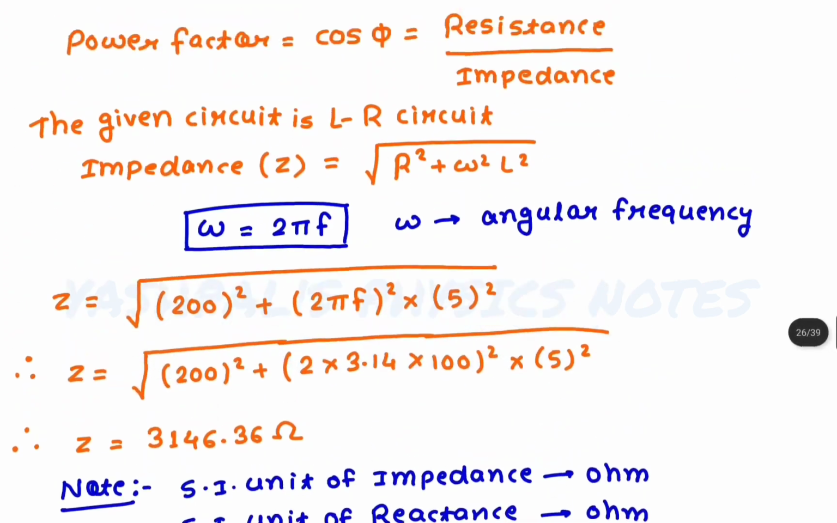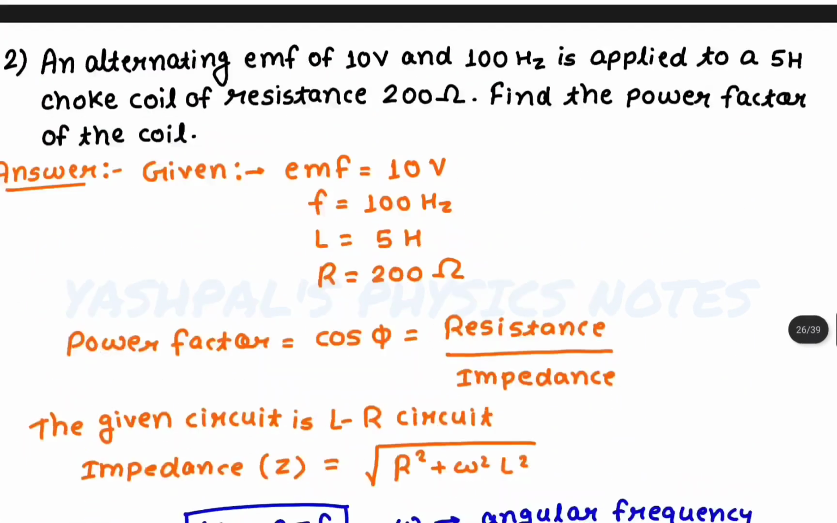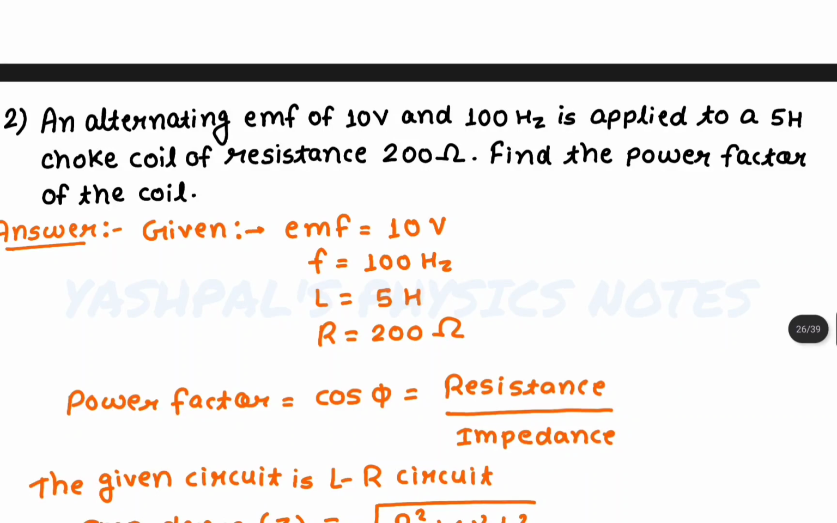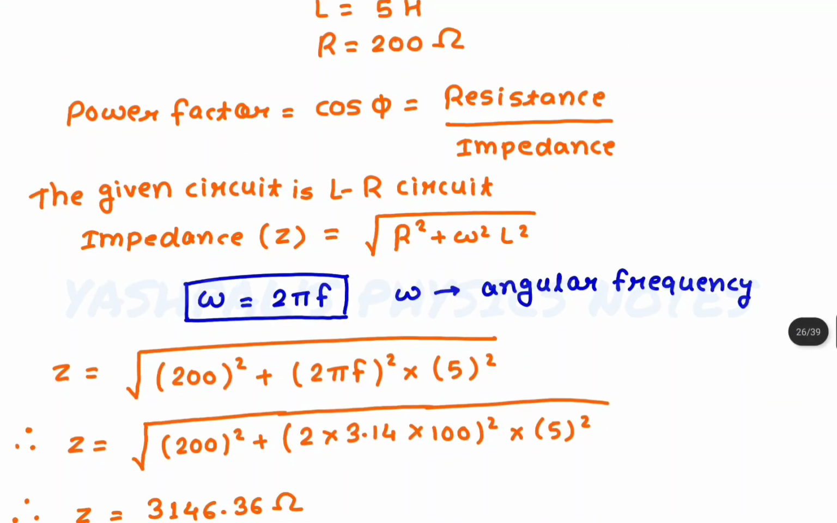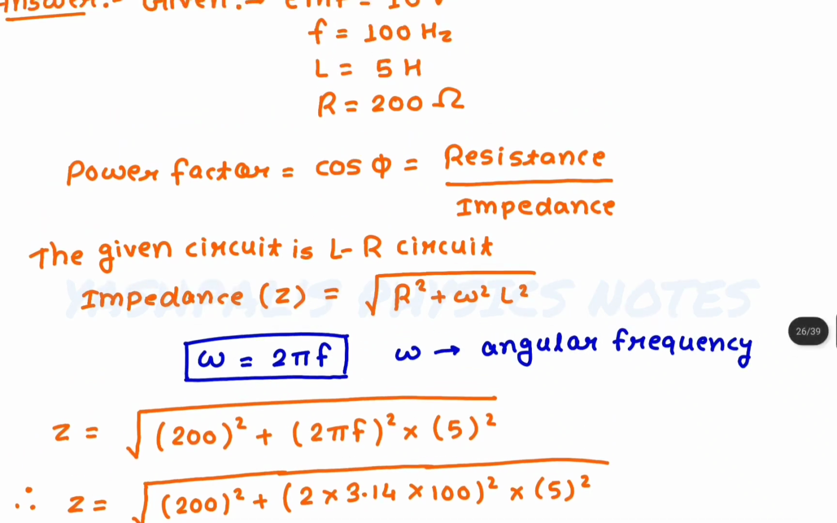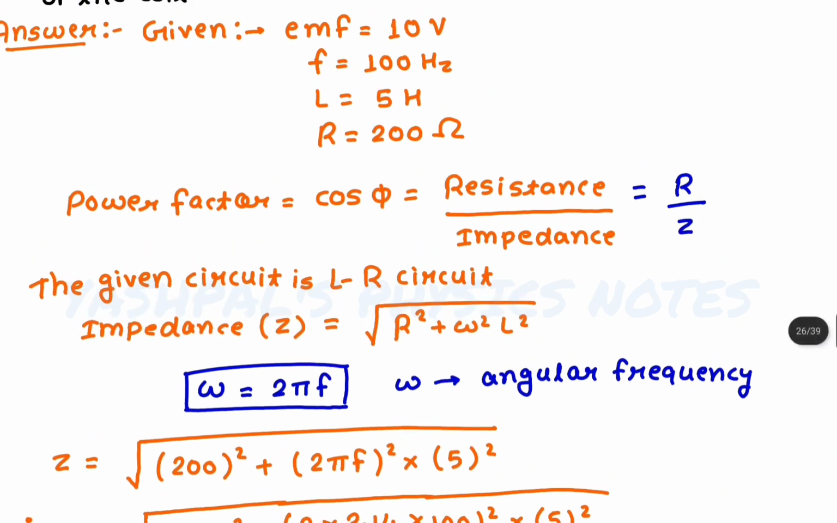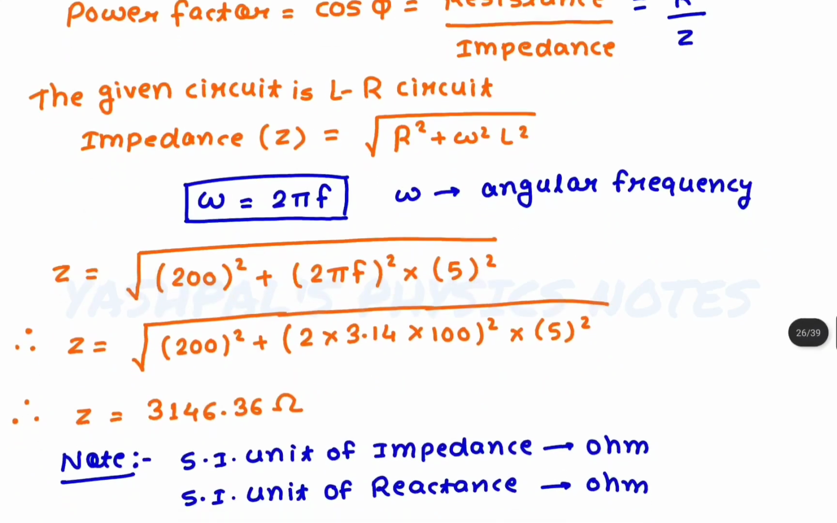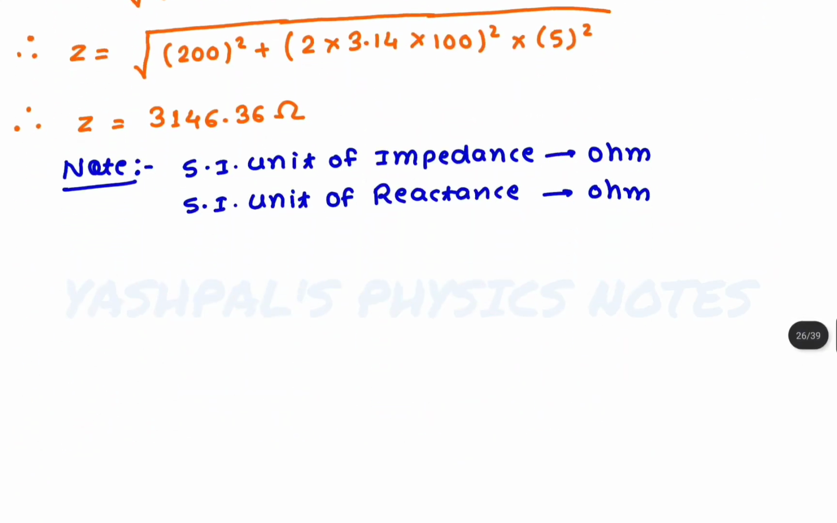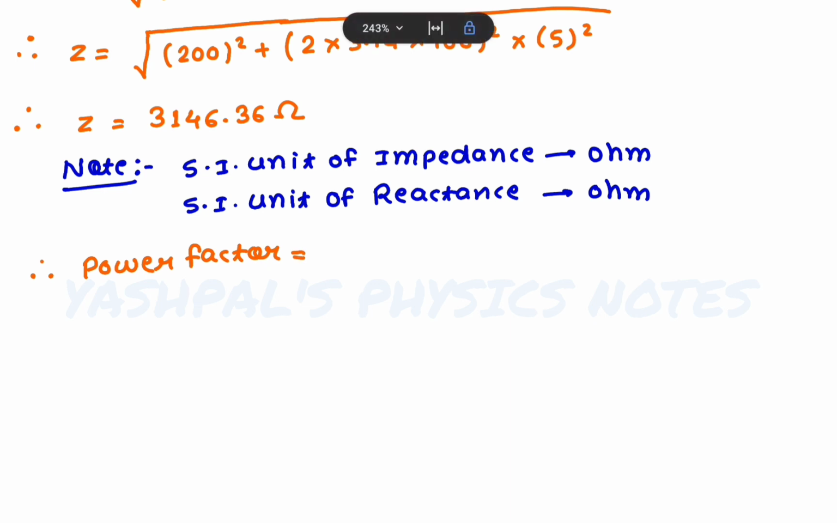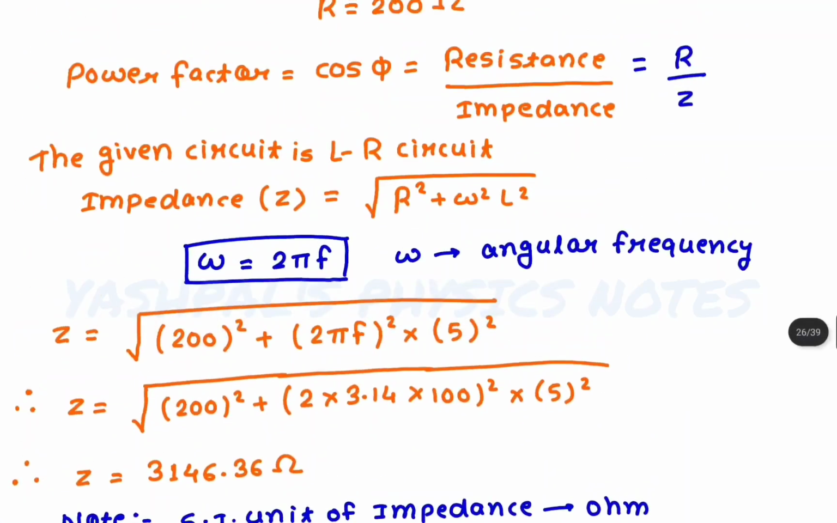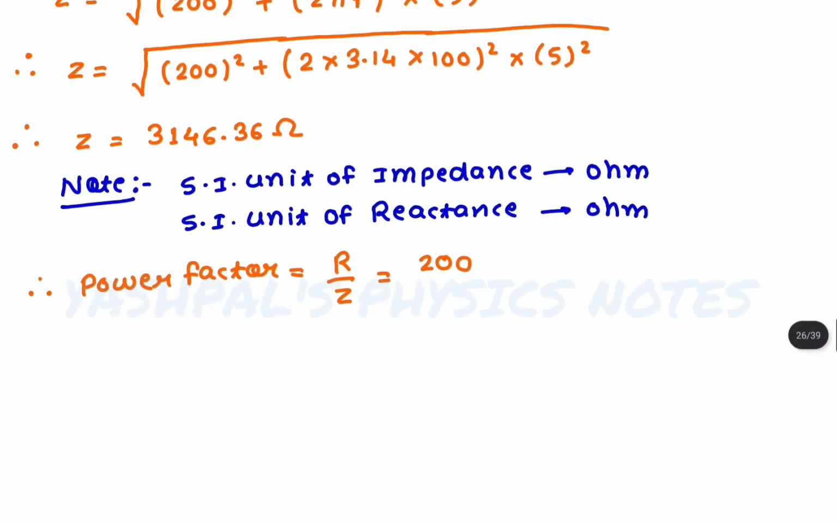3146.36 ohm. Now I have written here the power factor is equal to cos phi, which we are asked to find, that is, find the power factor of the coil. Now we are going to substitute the value of impedance and resistance here. So I can write resistance as R and impedance as Z. So we can substitute the value of R and Z in the power factor equation. Therefore power factor is equal to R upon Z. R is 200 ohm from the given data, and impedance is